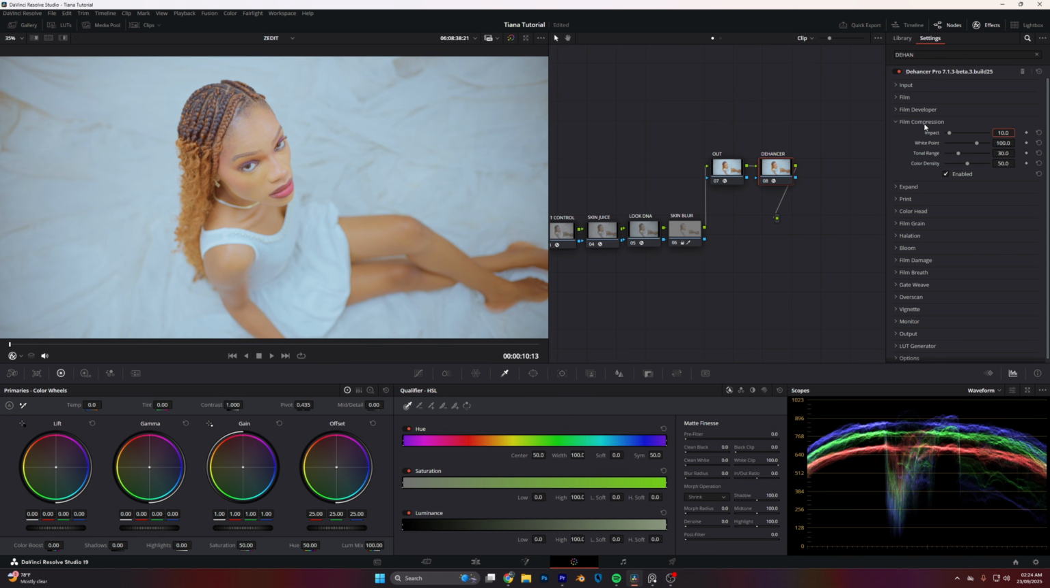Then my film print, I'm also going to turn it off. I don't need it for this particular project. Then I'm going into the bloom and I'm going to enable it because I need a little bit of glow since everywhere is white. Then I'm also going to enable my color head and I'm going to tweak it a